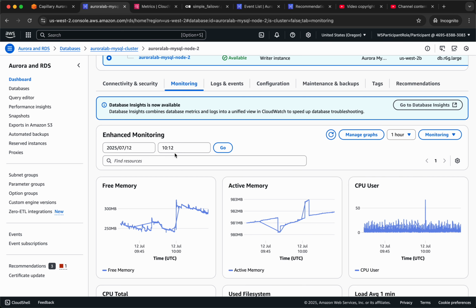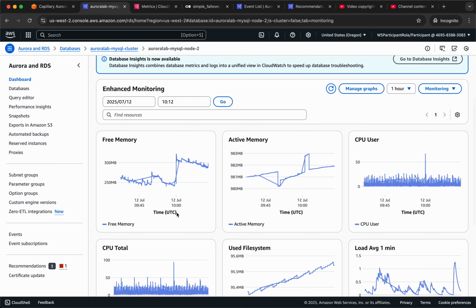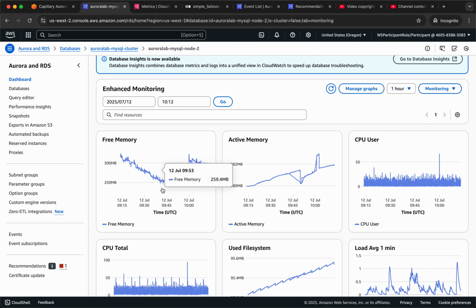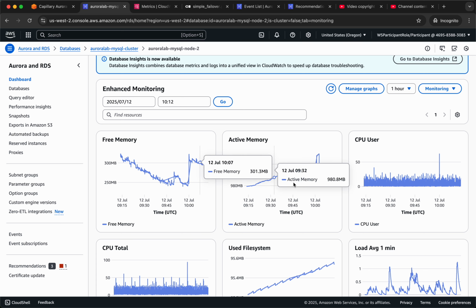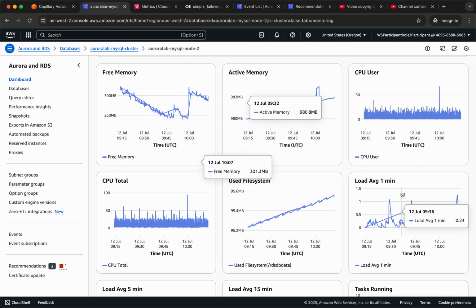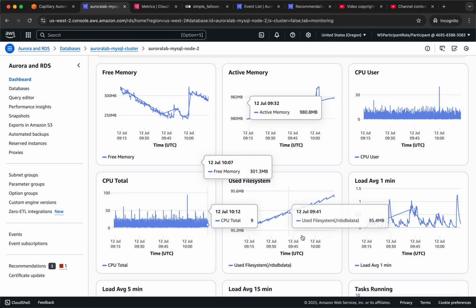Cool. Anyways, so 1 hour. This is in UTC. Okay. So free memory increases later and then decreases. CPU user, load average, use file system and all that. Okay,